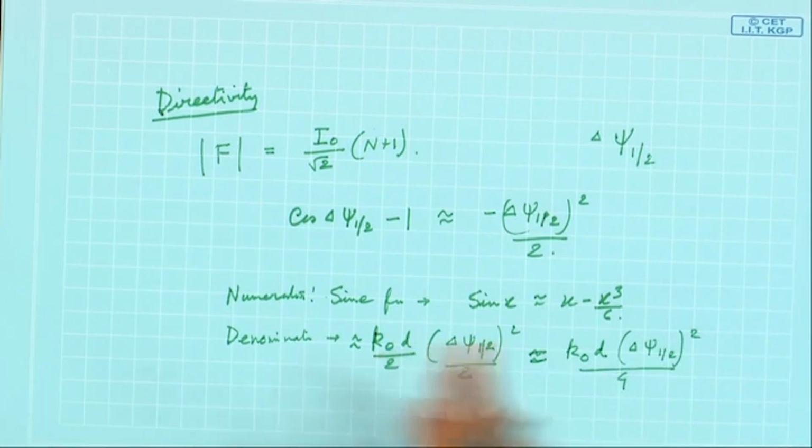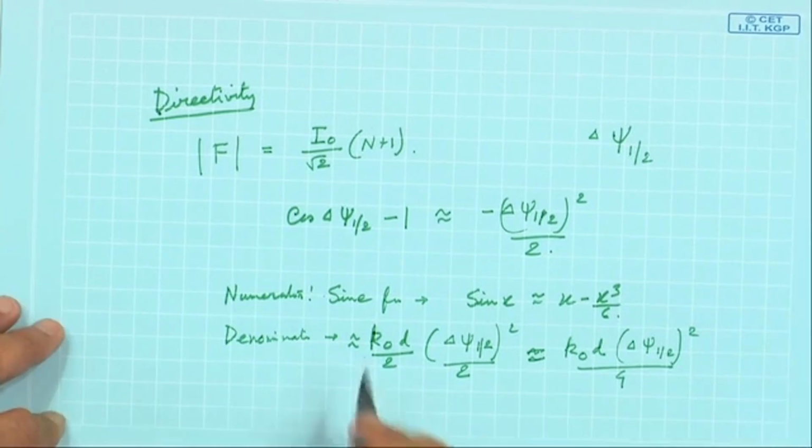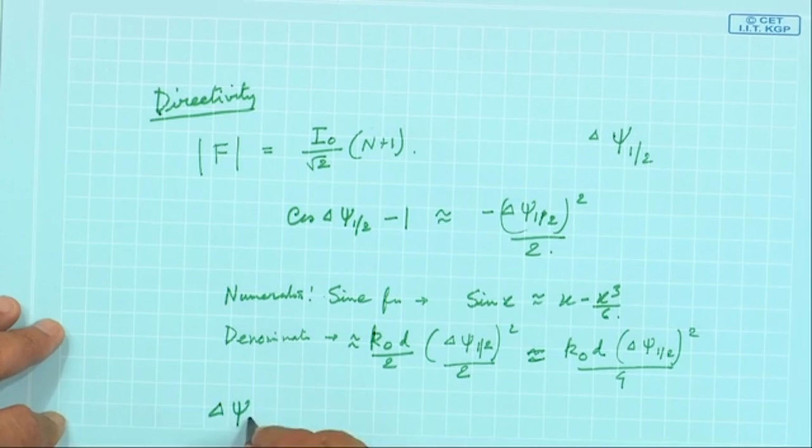So, if you put it, there will be a bit of manipulation, and also a quadratic expression will come, not quadratic, a cubic expression will come. So, finally, we will get that this thing will be